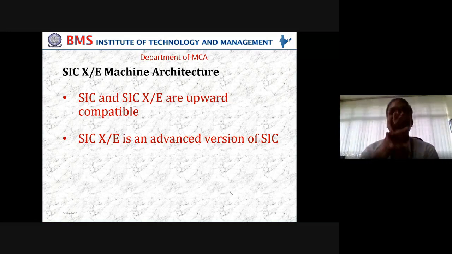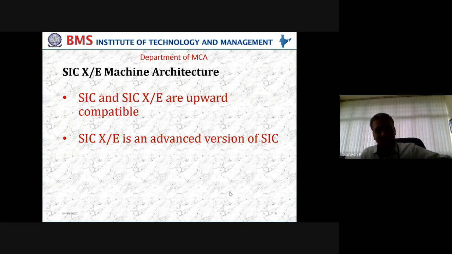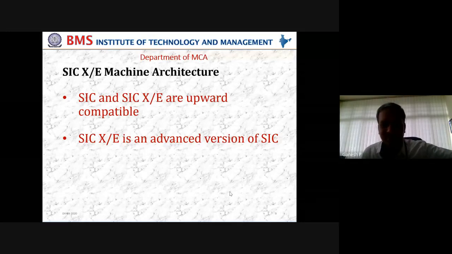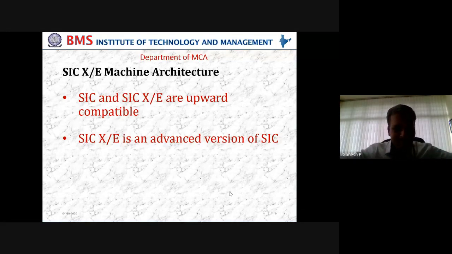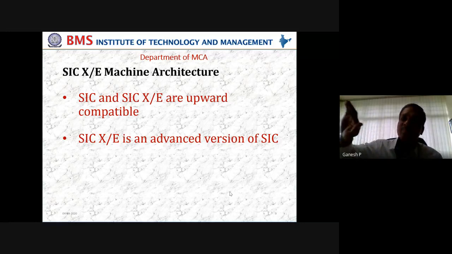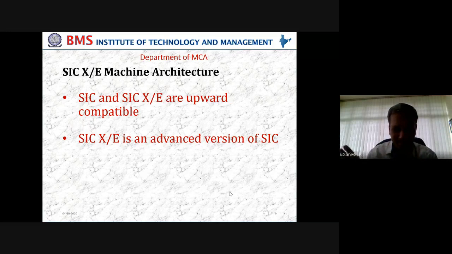Fine. Now between these two, we are telling SIC and SIC XE are upward compatible, meaning that SIC is, say, 2000 born, SIC XE is 2005 born. SIC is the simple version, whereas SIC XE is an advanced version. Advanced is always something some years later only. But the architectures are different. The SIC architecture, designed in 2000, let us say, is existing and unique. Its advanced version is called SIC XE. It is also independent, unique, existing on its own. There is no relation as such, we are not talking about that.